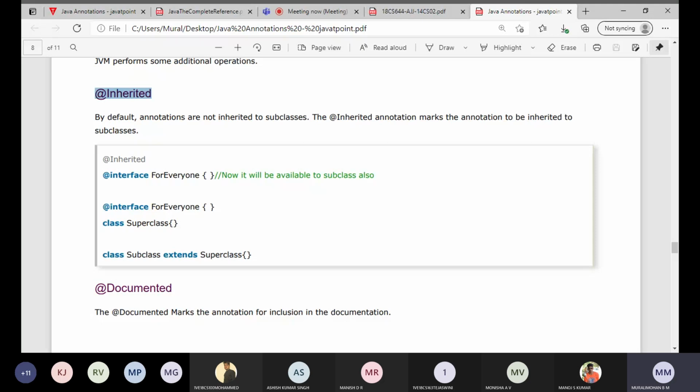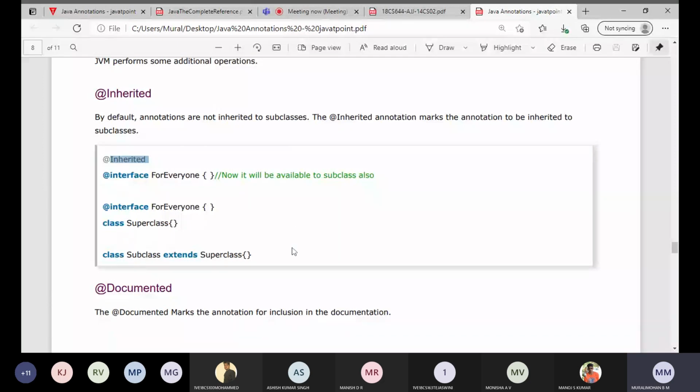This will mark the annotation to be inherited by the subclass. You can just see, you are giving this, so this annotation can be inherited by the subclasses. Is it clear?